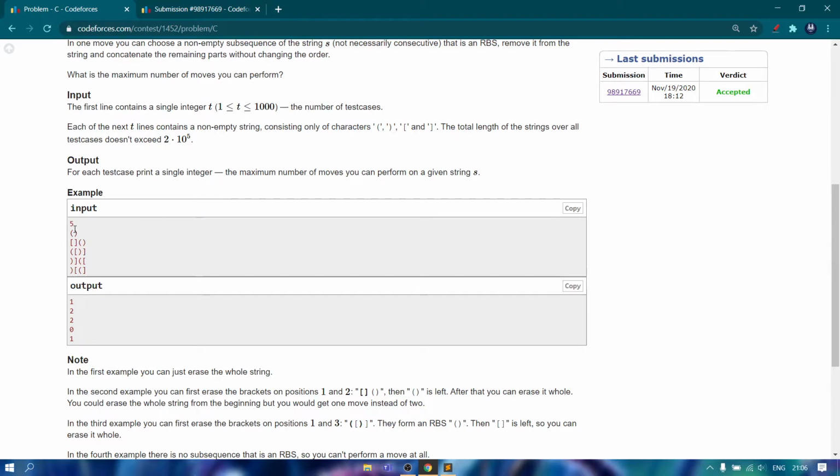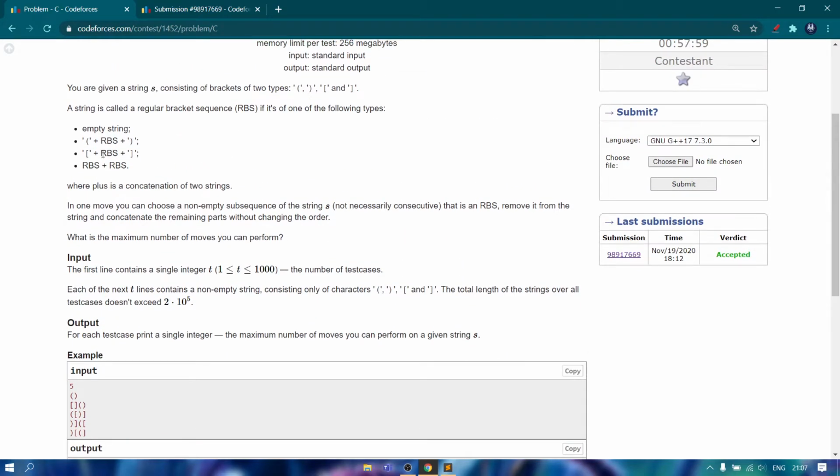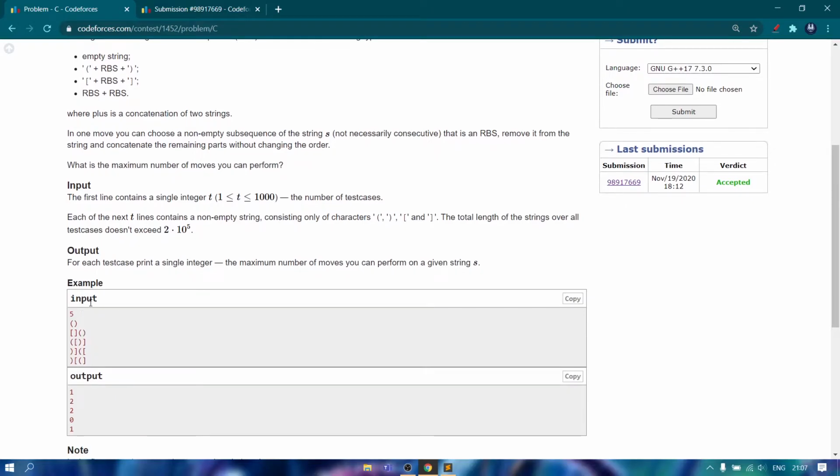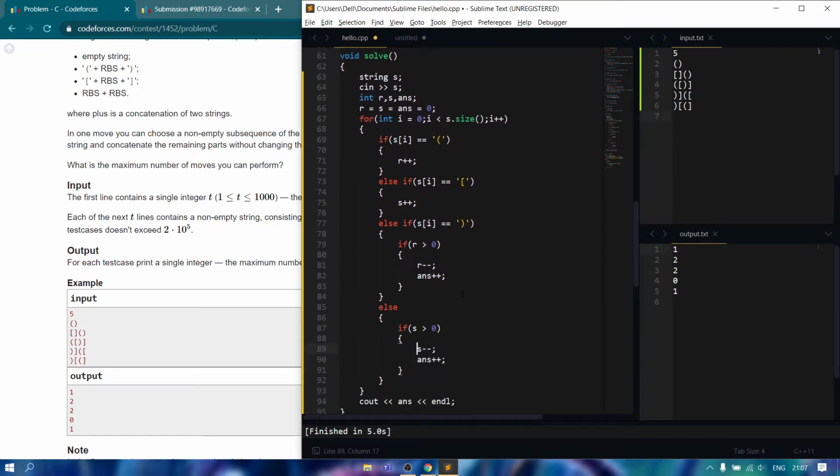We will take two integers, r and s, r for the round bracket and s for the square bracket, and we will count the number of opening brackets that are coming: the number of opening round brackets in r, and the number of opening square brackets in s. We will take an integer answer as ans, and we will initialize all of these three integers as 0.